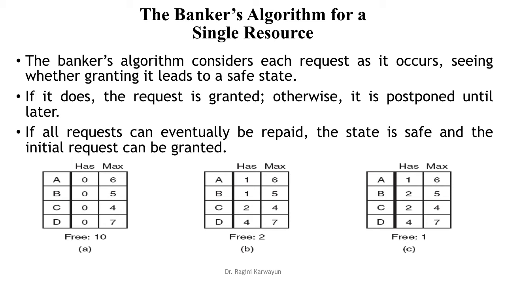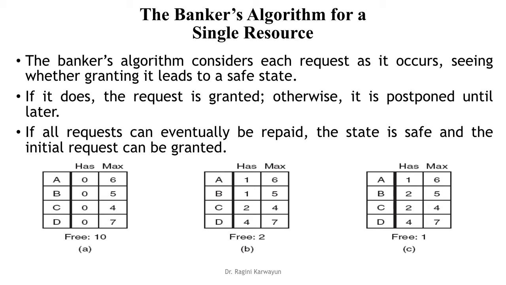So here we have maximum requests of A, B, C, D as 6, 5, 4, 7 respectively. Now we have allocated 1 to A, 1 to B, 2 resources to C and 4 to D. So we will see whether we will be able to finish the execution or not. We have 2 free resources. So we will be able to finish C first. So 2 resources, then we will have 4 free resources.